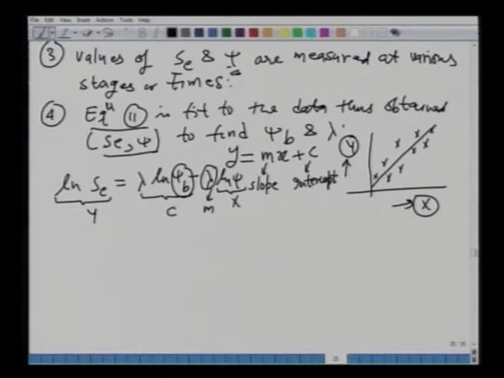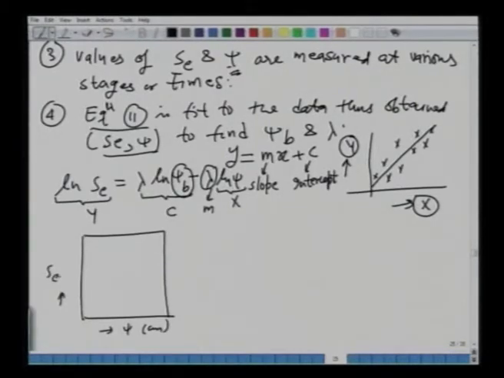Okay. If we try to look at this relationship, it looks like this. Psi in centimeters as a function of soil moisture content, or in the form of effective saturation S E. Okay. I am not going to put the numbers here, you can see it in the book, and it looks like this. It will appear as a straight line,